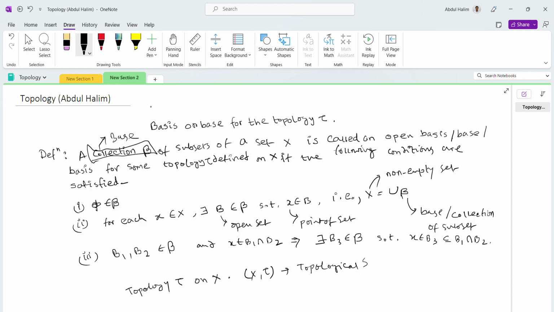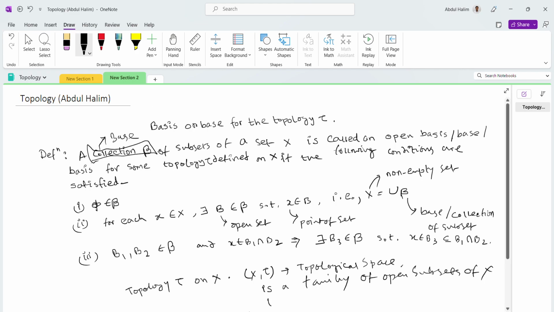X, tau is a topological space. Actually, the relation with the base is a family of open subsets of the set X, and that every open set of the topology